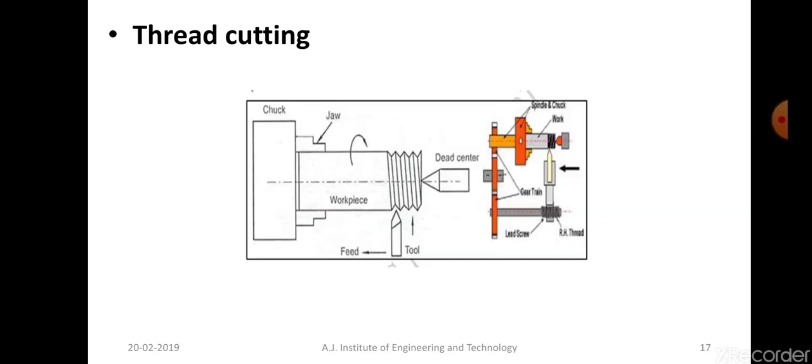A thread is a helical ridge formed on a cylindrical or a conical surface. It is usually cut on a lathe machine when a tool ground to the shape of a thread moves in the longitudinal direction with uniform linear motion, while the workpiece is also rotating at a uniform speed.